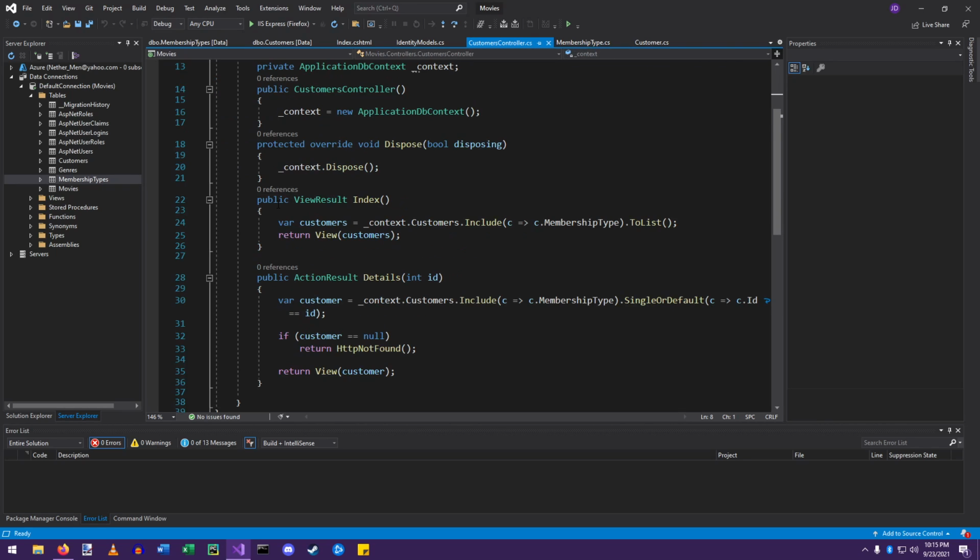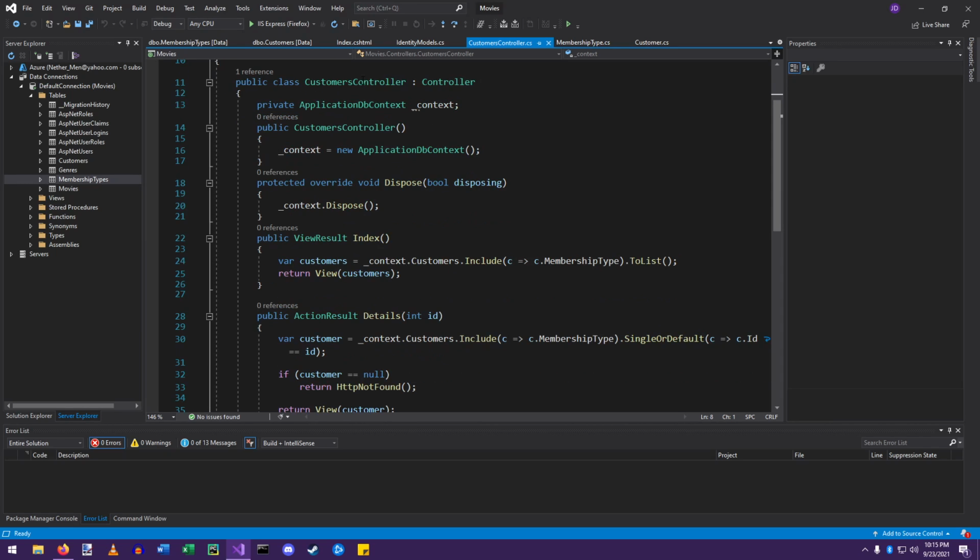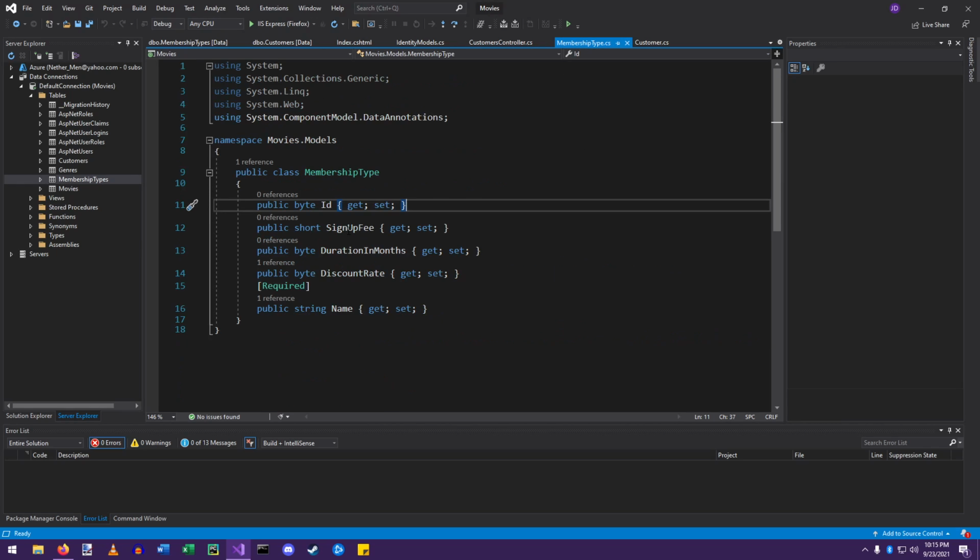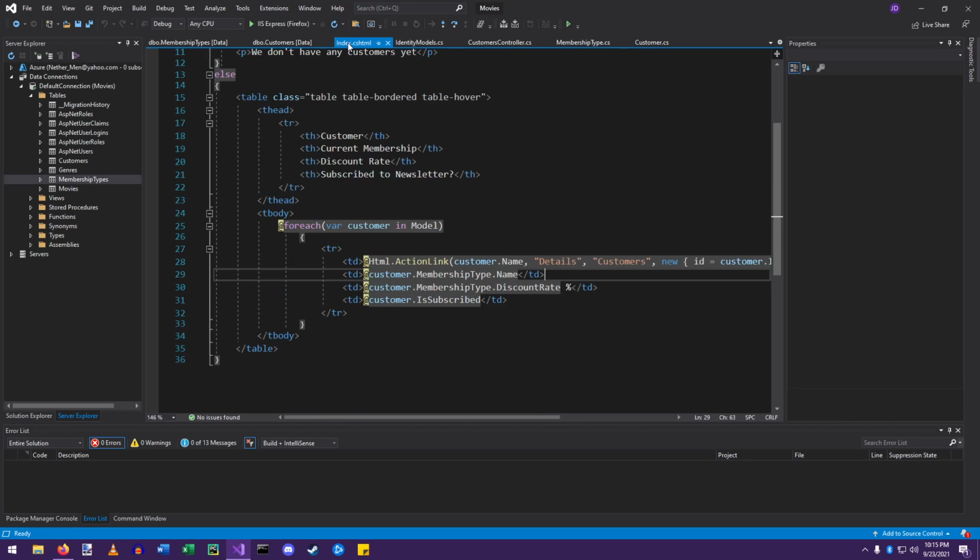Okay, yeah. So down here we have our view result index function, which takes the context, takes the customers, because this is from the customers controller. So we assigned it that application DB context. So we take the customers in the context and we include all from the membership type, because the membership type contains all of these keys or values or whatever, which we are going to use in this index here,